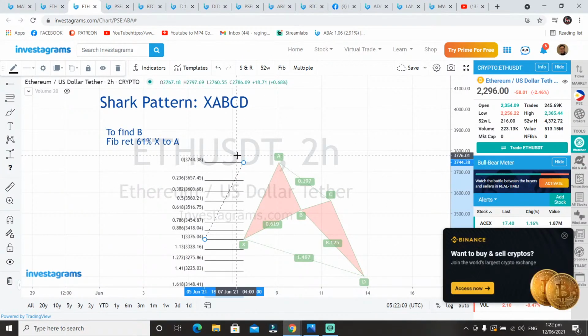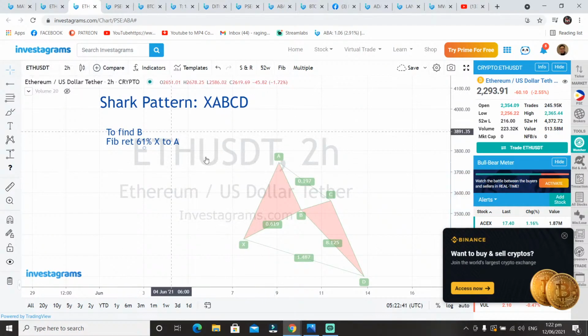Just to verify if you have it correctly, you can also use this pattern, the XABCD pattern. You will see the fib retracement between A to B is 0.61 or 61%. 618, so 619, this is already valid. So next, what we will be looking at is